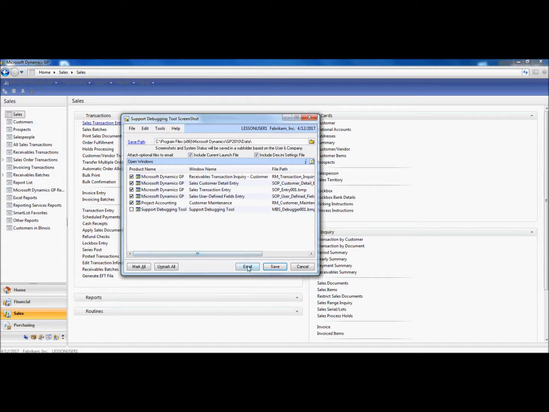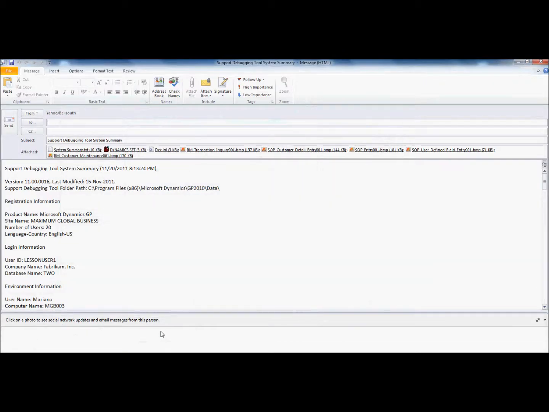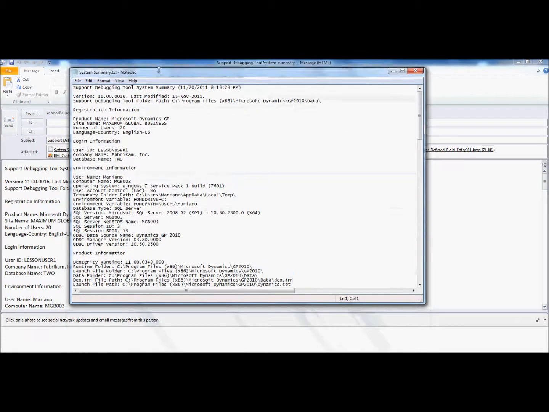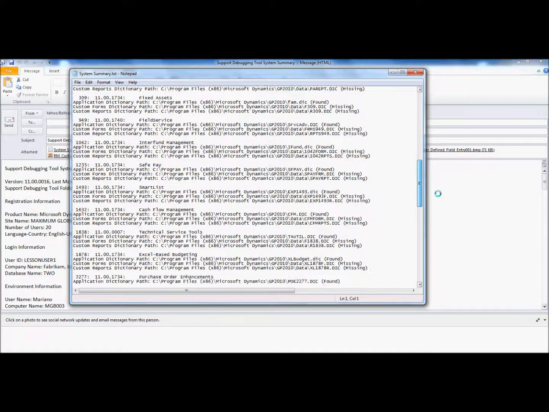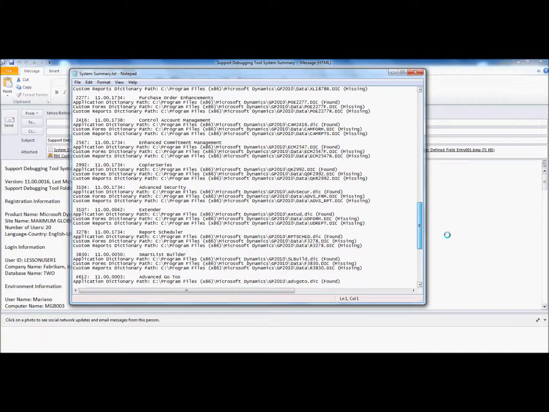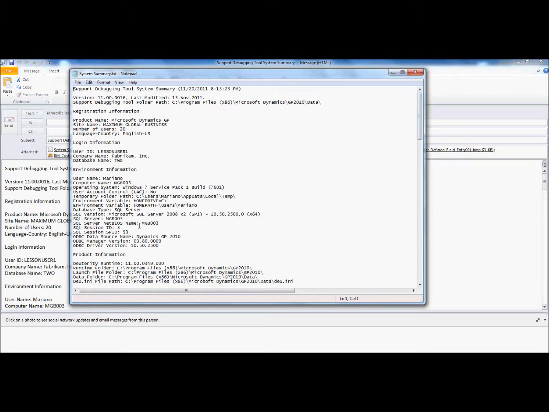In addition, as an end user, you can click the email button, which in turn will bring up my email client and allow me to see the email that's going to be submitted to the administrator. Note that the system has actually created a system summary file, and that system summary file includes detailed information about my environment. It lists all dictionaries, all the build numbers for each dictionary, and it also tells the administrator what service pack I'm running for SQL Server,